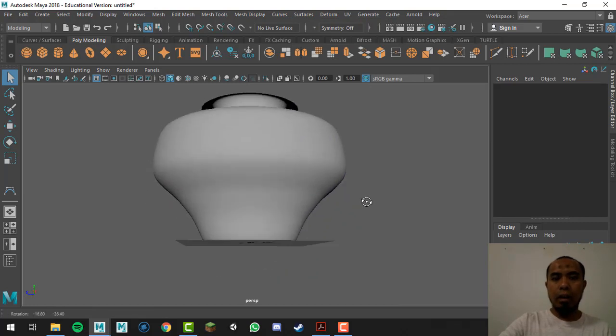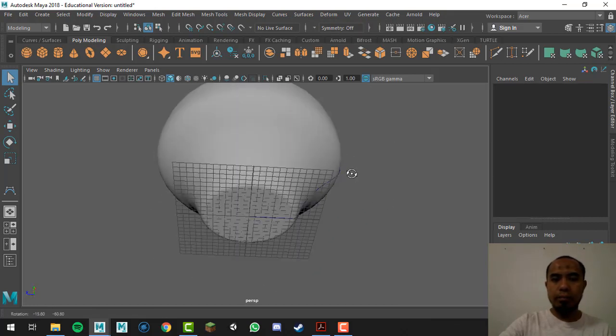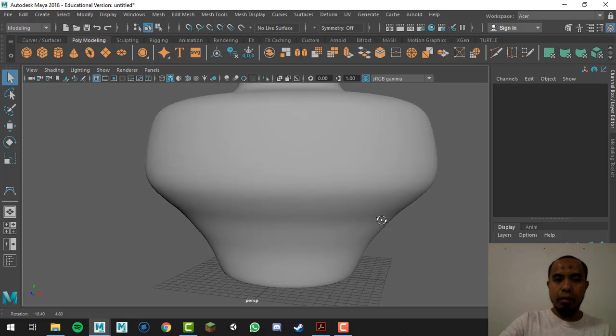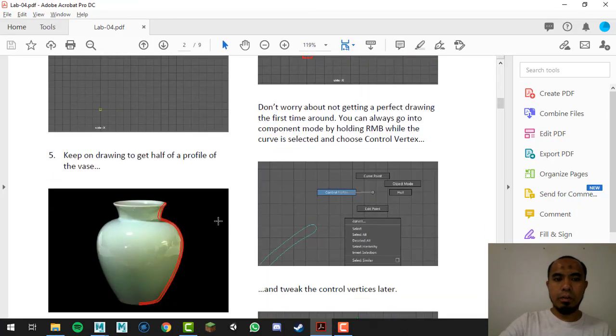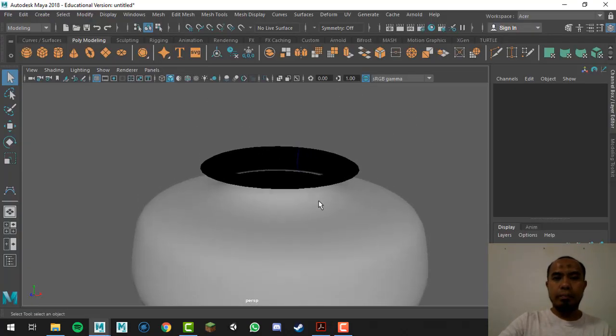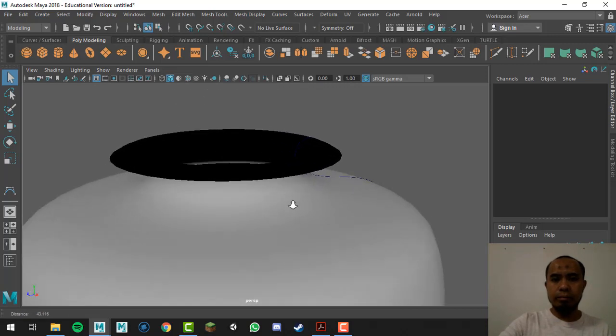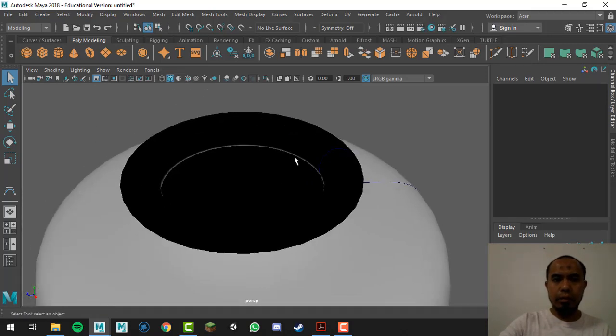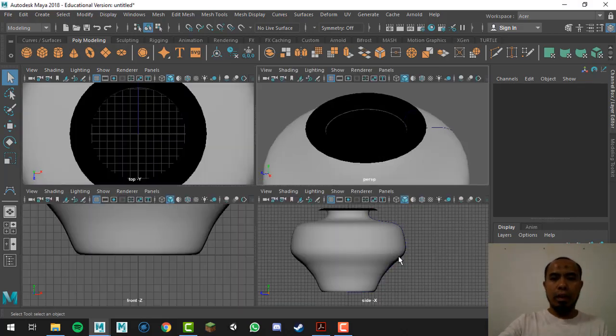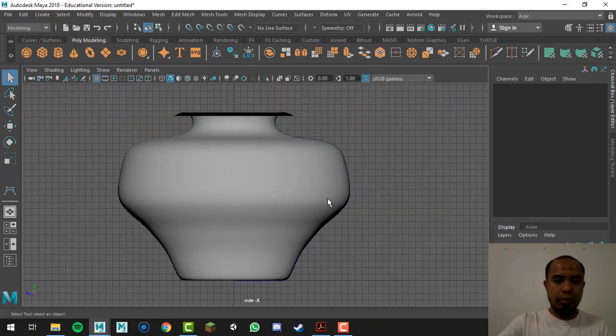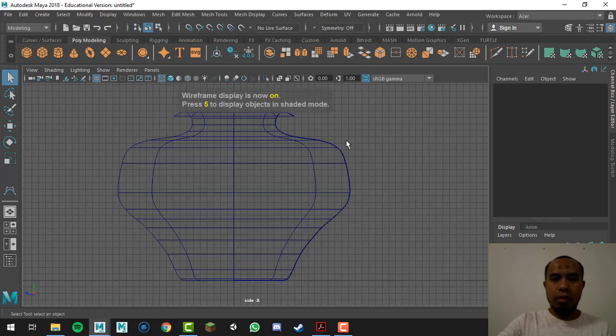Right, so now we have a vase going on here. It's not too bad from down here. It may look a bit different from what we have here, but you'll notice that it's looking all black in here, isn't it? Right, the reason for that, if we go back to our side X view and press 4,